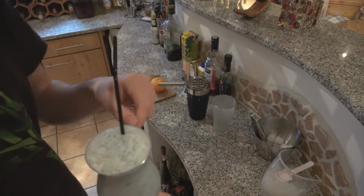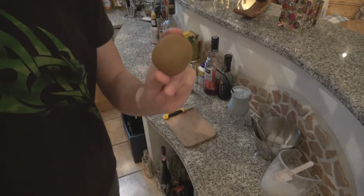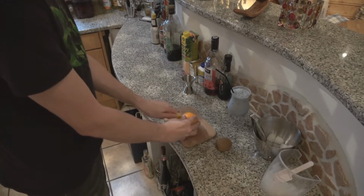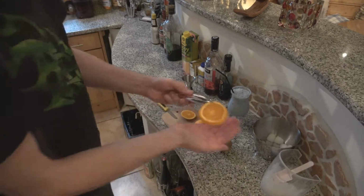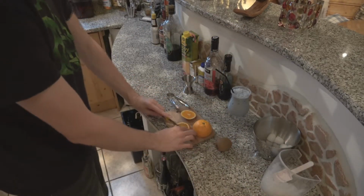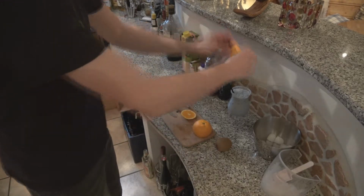I'm gonna start making some decorations for this glass. I'm gonna take an orange and a kiwi and make some little preparations for all of that because we wanna have it looking nice. Cut off the butt end of the orange, just like that. And right there we have a perfect little slice of orange. So we're gonna go ahead and cut a nice edge in here. And then we're gonna top this right